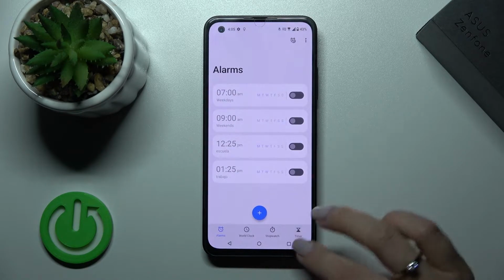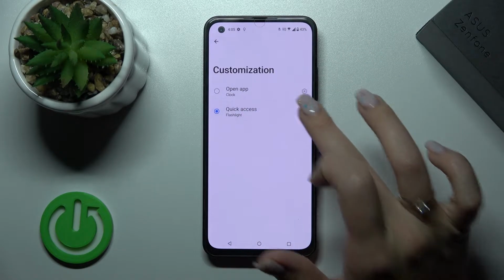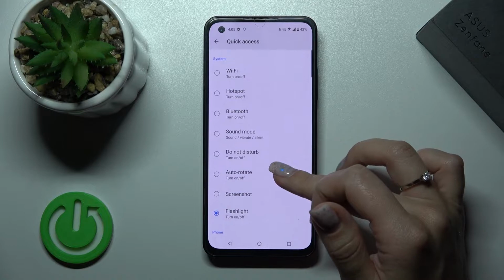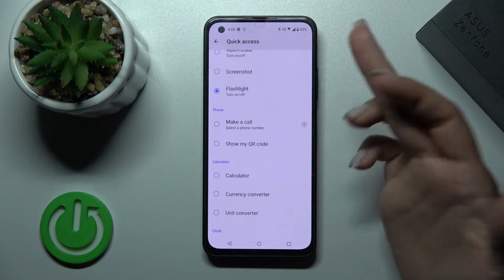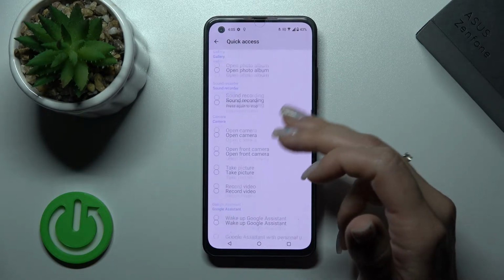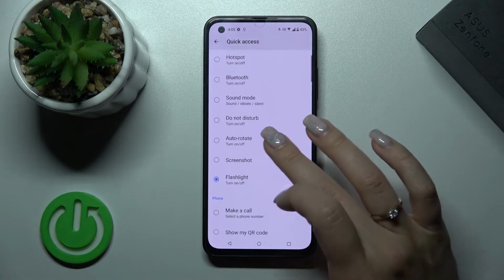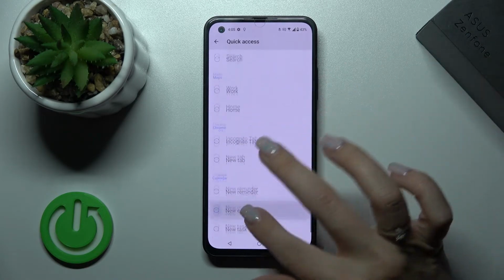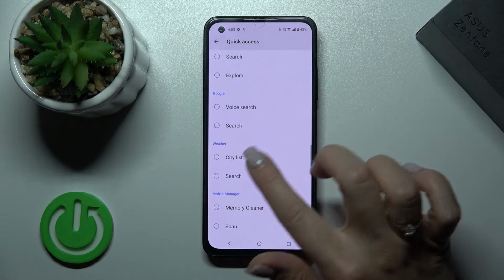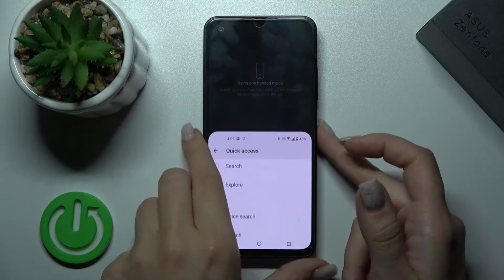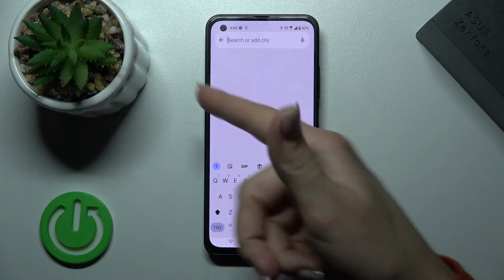app. Also, we can change it to open another application or to quickly access any option, for example, to use the Wi-Fi, do not disturb mode. Now we have the flashlight, we can use the screenshot, calculator, timer, and other features. So just this way, you can use, for example, let's use our weather search. And now let's double press the power key and we can see here the weather